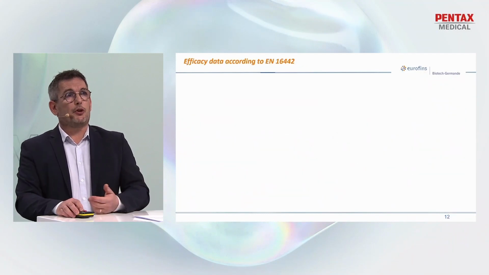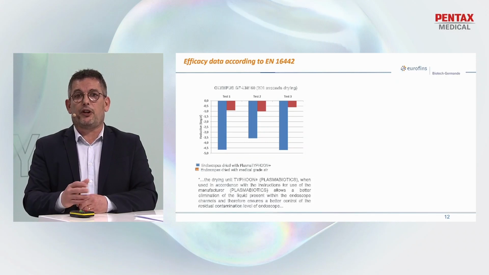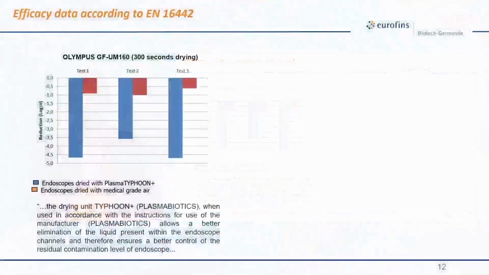And it's exactly what we have done with the Plasma Typhoon system. The first test done on this system, on the Plasma Typhoon Plus, was done with a very specific storage cycle, a 30-second storage cycle, on a very complex device, a very complex endoscope. And what we demonstrate here is that if you contaminate the endoscope and then store the endoscope inside this, or using this Plasma Typhoon system, you decrease the contamination by about 4 logs, between 3.5 to